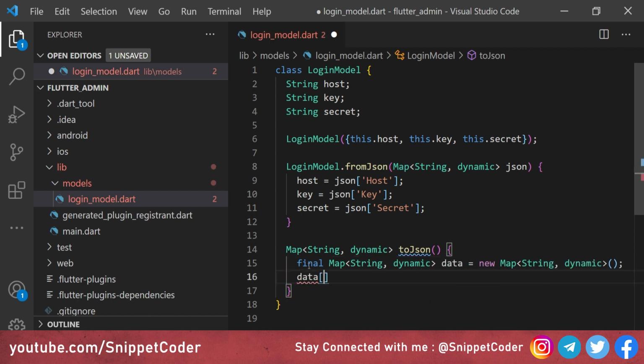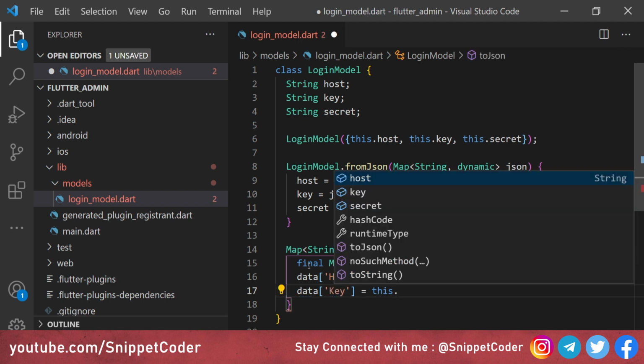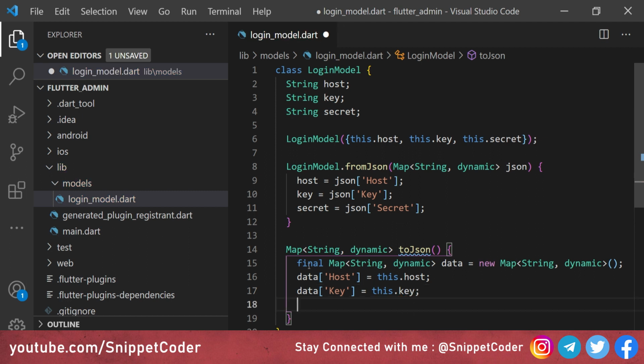Then here we will have data['host'] is equal to this.host, then we have data['key'] is equal to this.key, then we have data['secret'] is equal to this.secret, and from here we will return data.